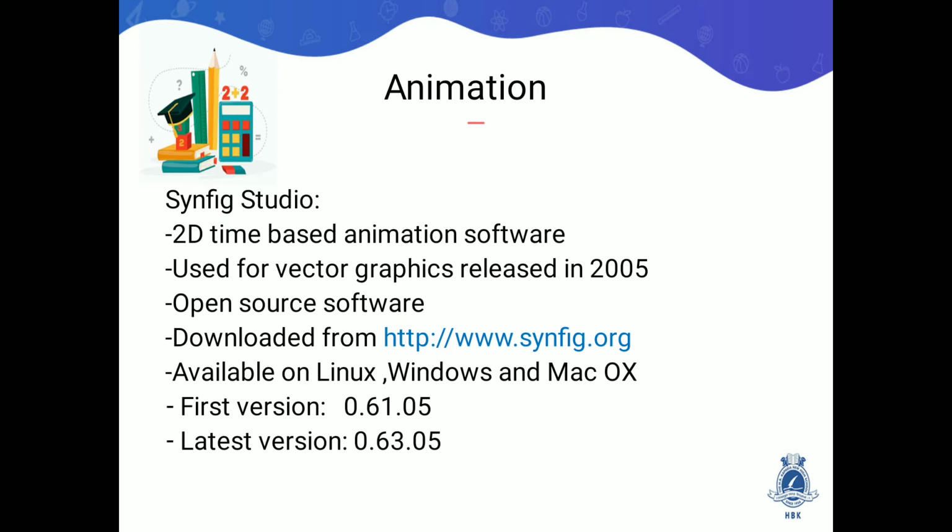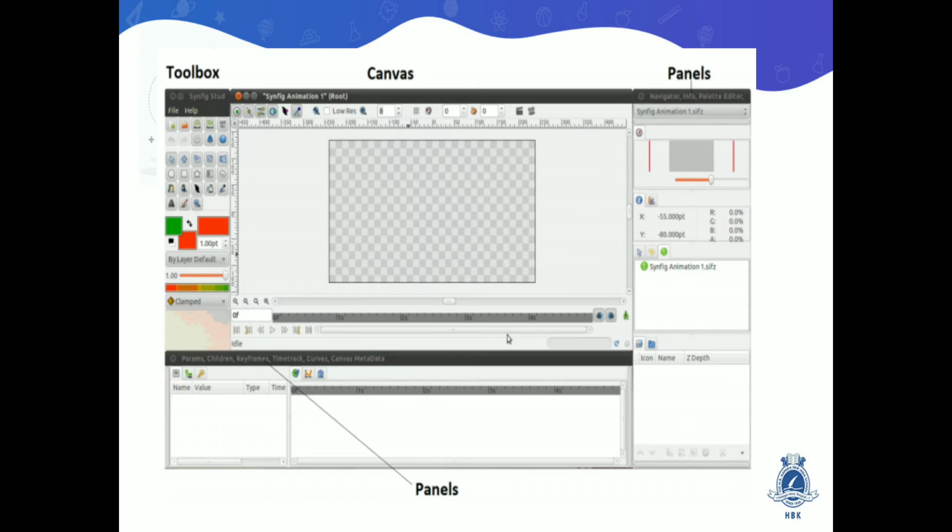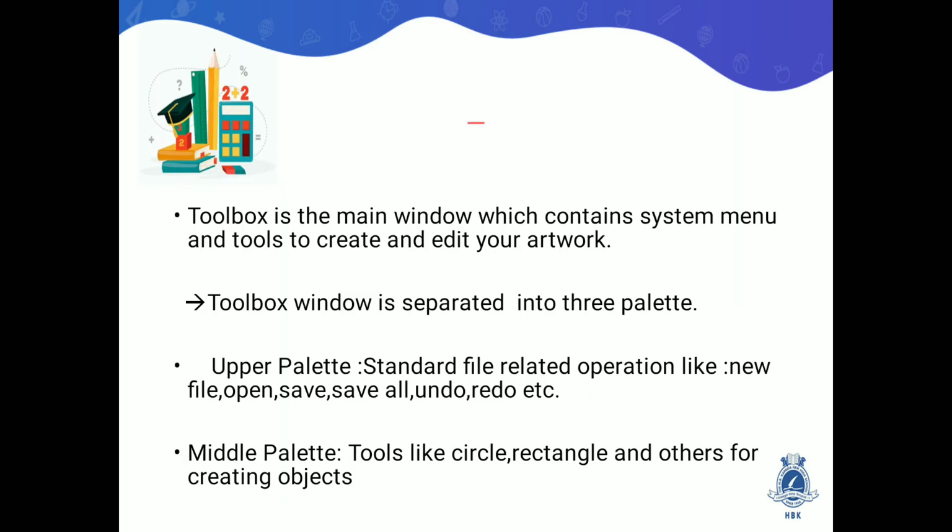of 2015. Now we see the interface of Synfig. It has one toolbox, a canvas, some panels, and some bottom panels which are used for the different requirements of the user. You can look at the toolbox for the tools, the canvas which is the center part of the Synfig interface, some panels for different requirements, and some bottom panels for different activities, which we will see in detail in the chapter. So first we go with the toolbox.